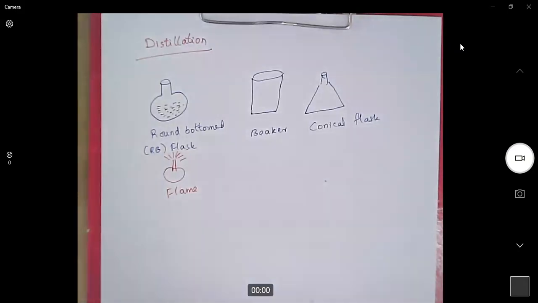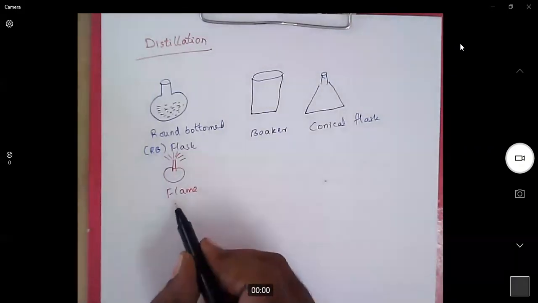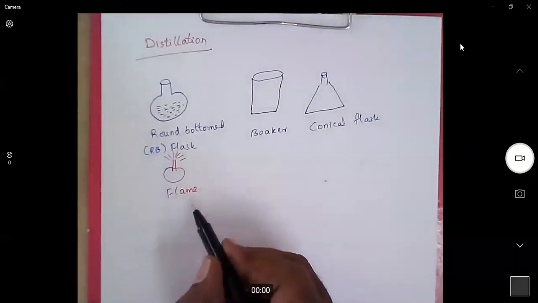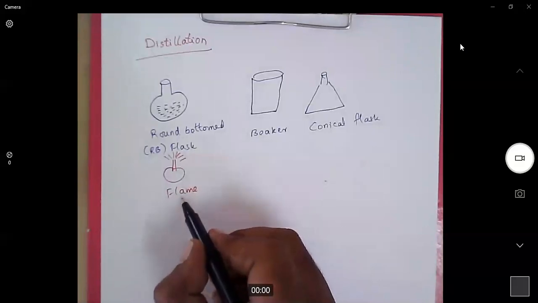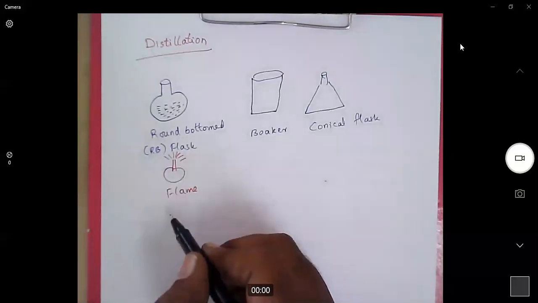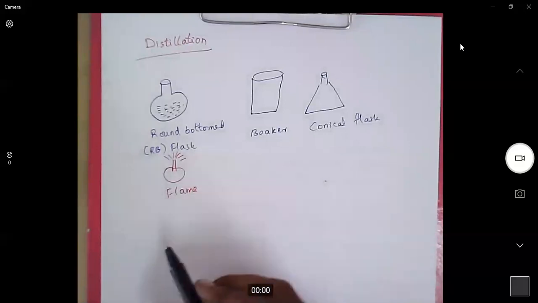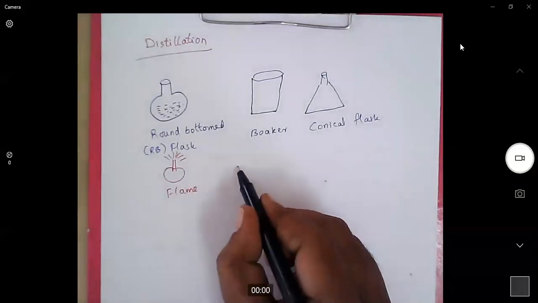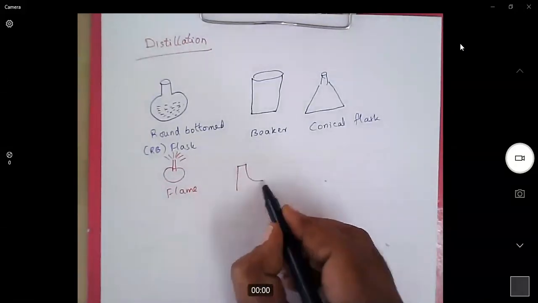But remember, in a chemical laboratory, we will have many chemicals and many solvents. Solvents are highly flammable liquids. So in a place where we have storage of many flammable compounds, it is highly dangerous to use direct flame, right? That is why generally we go for indirect heating. We will use two different instruments.